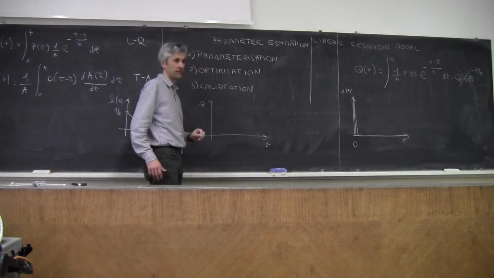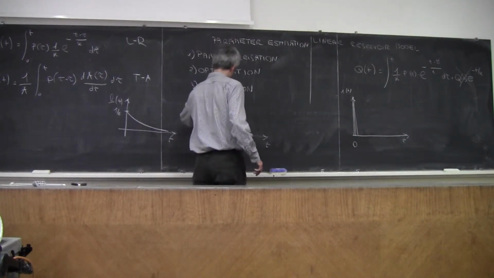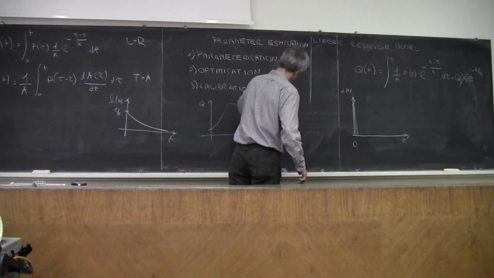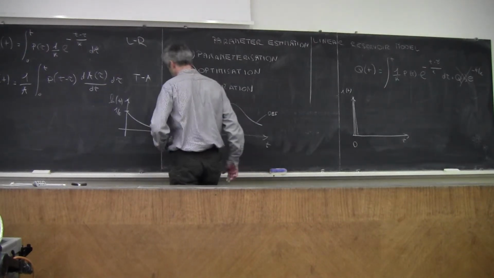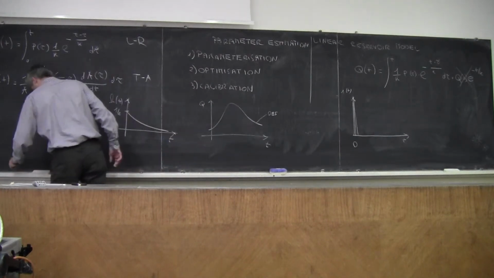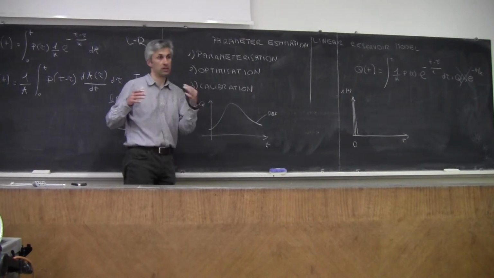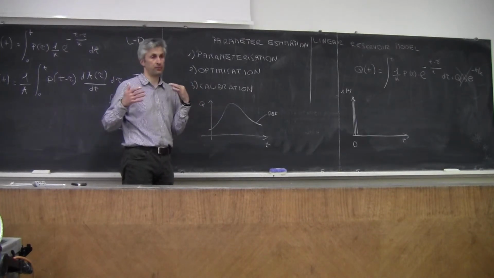Suppose that you have an observed hydrograph, which looks like this one. This is observed. And then let's assume that you adopt a rainfall runoff model,